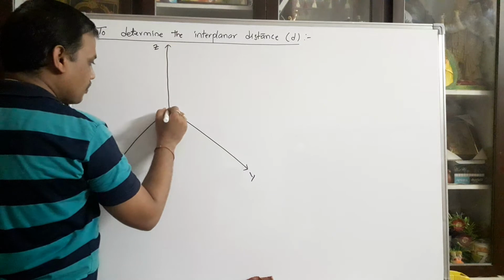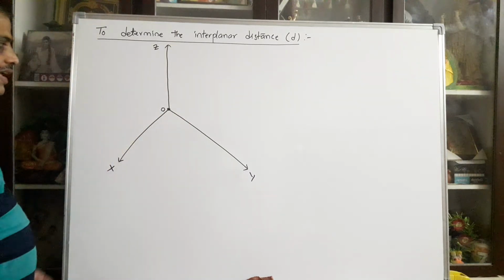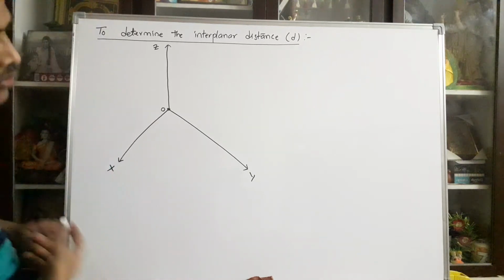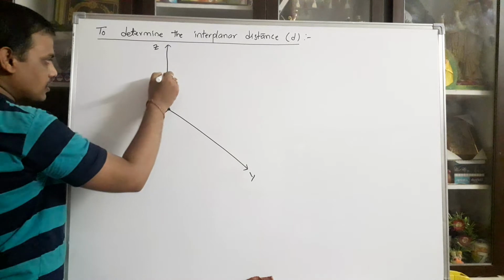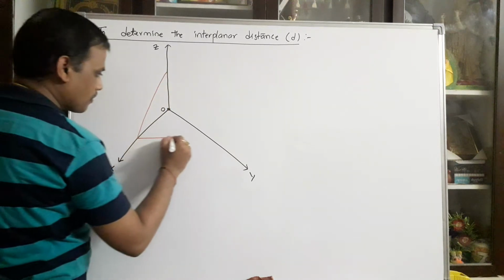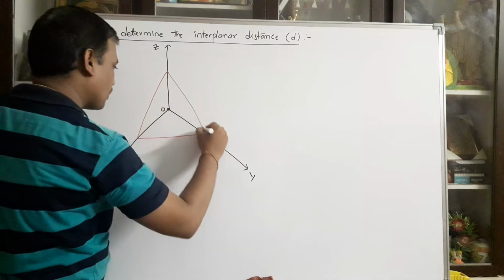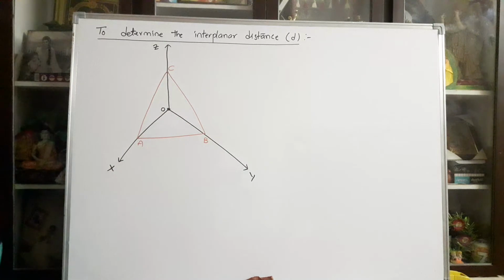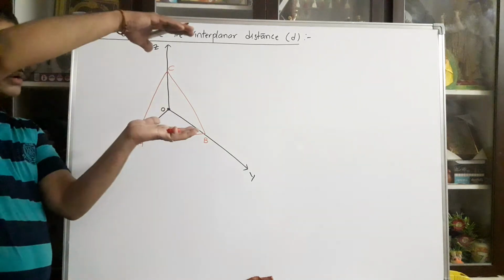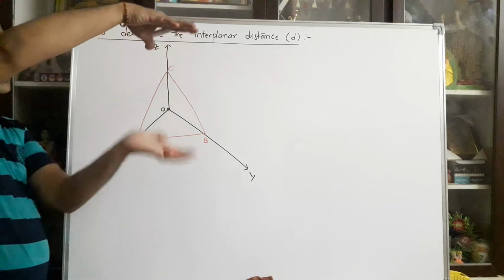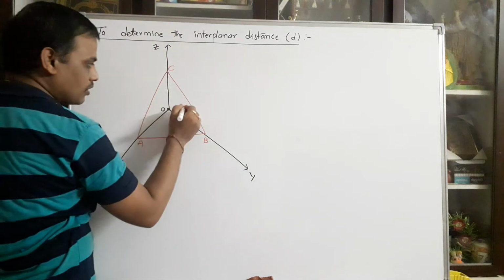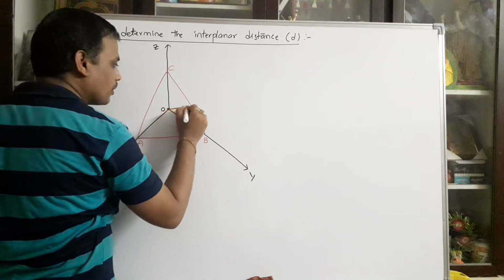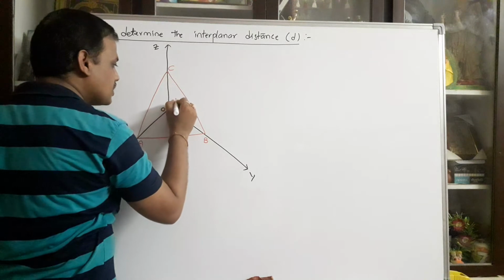I am taking the center point as origin. So you can assume one plane like this. Plane A, B, C. I am assuming the plane is A, B, C. From the origin, you can place the plane like this. So the distance can be taken as, you can take the normal on the plane. You can take one point on the plane; from origin to this point is distance D.